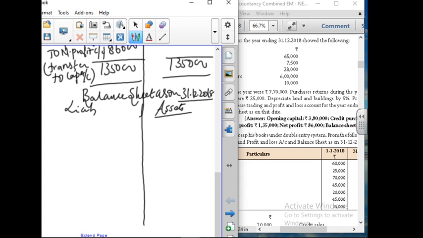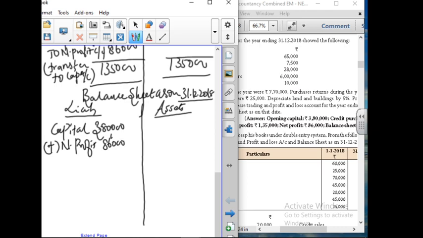So first thing we'll transfer the capital, amounted to 3,80,000. This 3,80,000 we have found out by using the statement of affairs method. Next is your add your net profit. It is